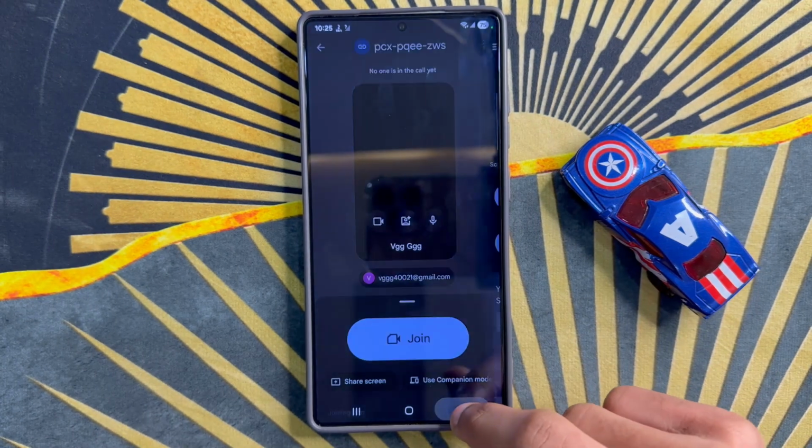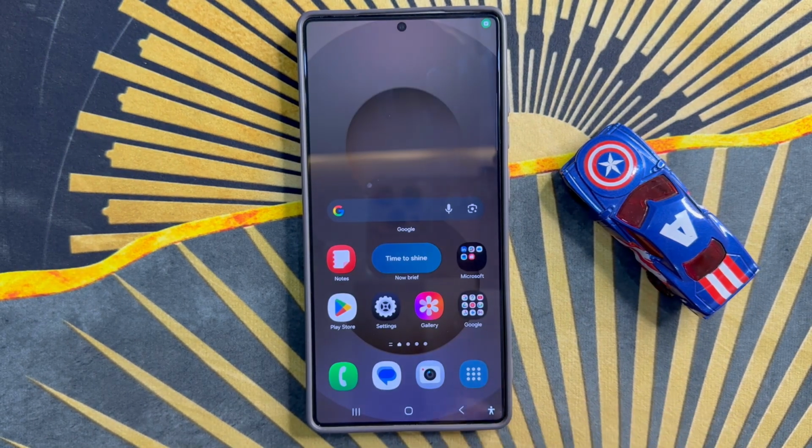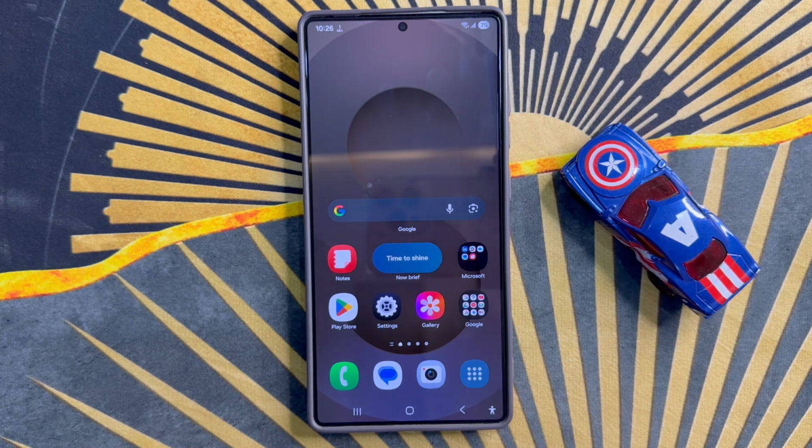After the process, go back to home screen. So that's how you can change background color picture for video call effects on